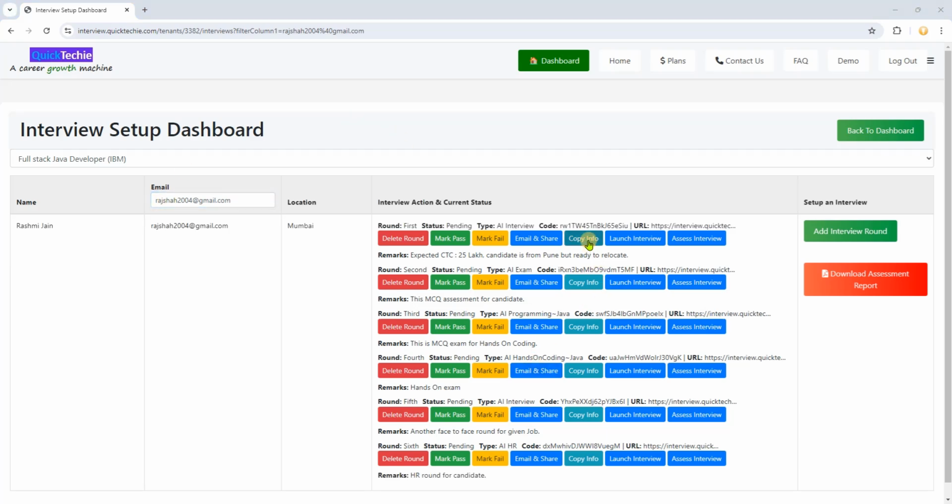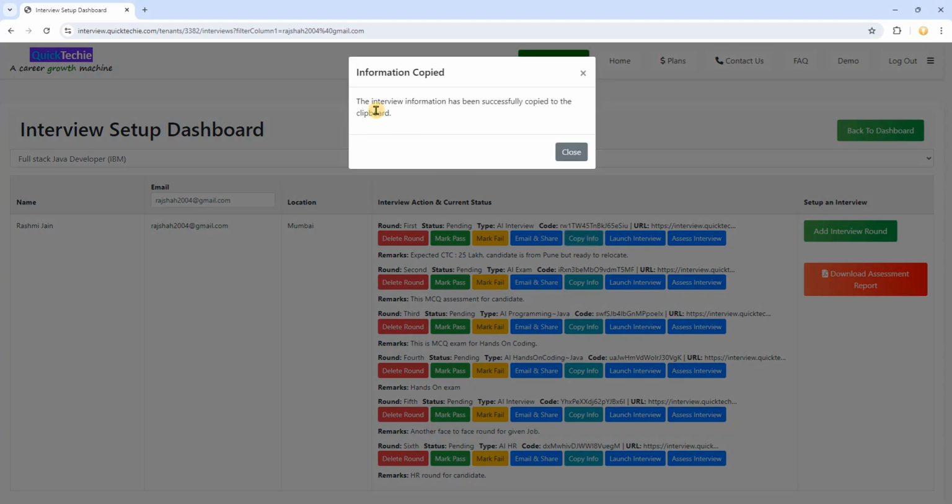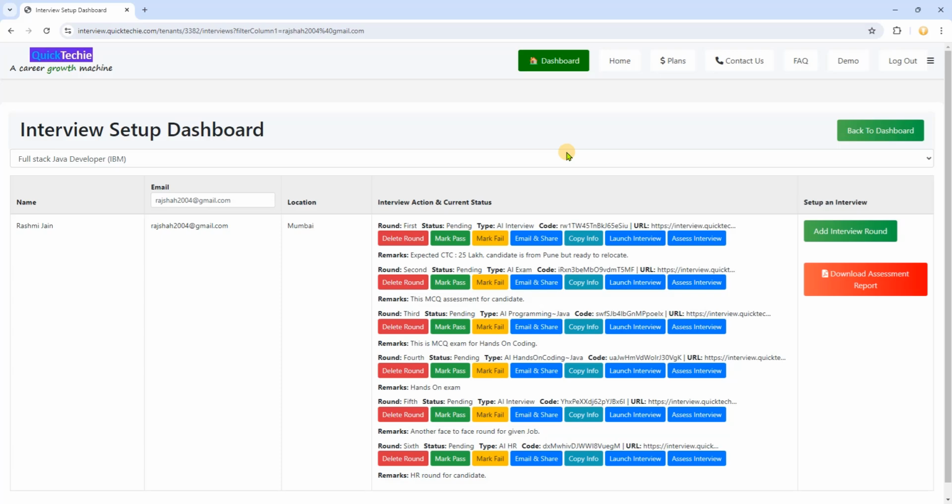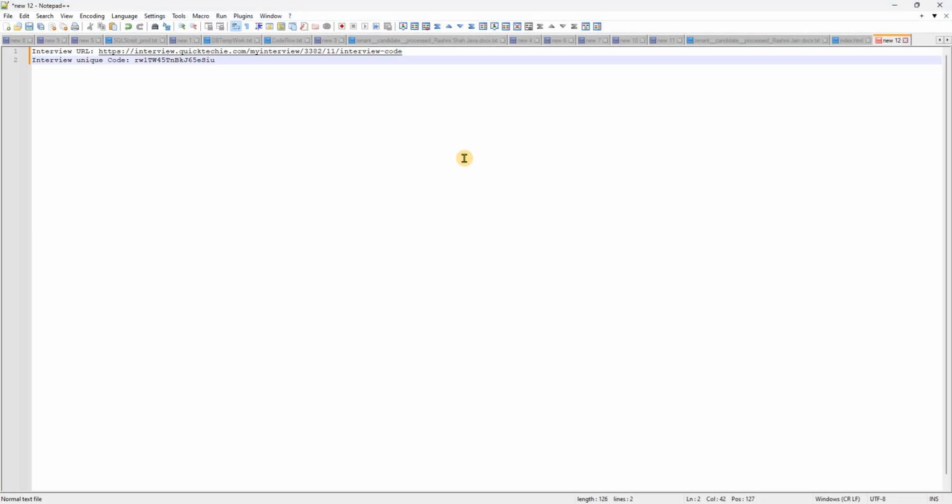Now let's say you want to copy the first round of interview details. Simply click on the copy info button. It will let you know that the interview information is copied, and now you can paste it on Notepad or WhatsApp or email. Whatever way you want to share with the candidate, you can share this detail, and the candidate can use it to appear